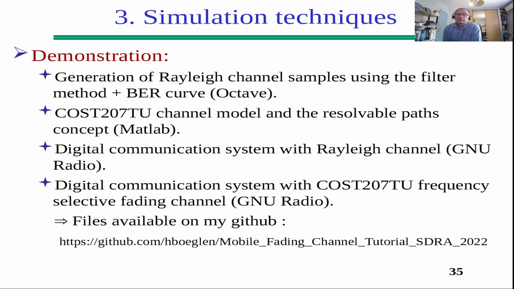And then I'll show you how to configure a COST 207 typical urban frequency selective channel using the GNU Radio blocks. Don't forget that the files I'm going to use for this demonstration are available on my GitHub, so don't hesitate to get them and work with them at your own pace. So now let's start with